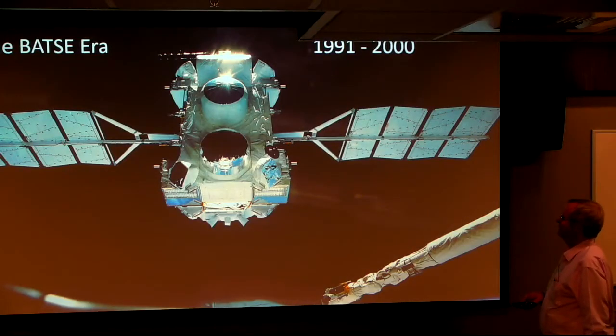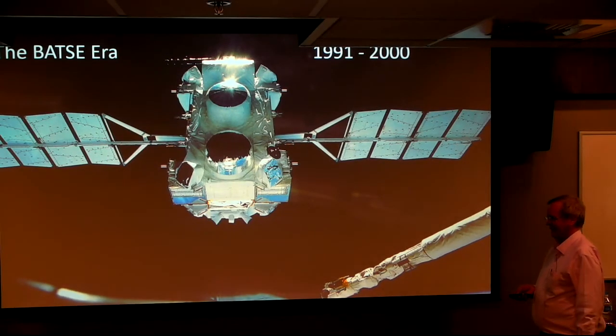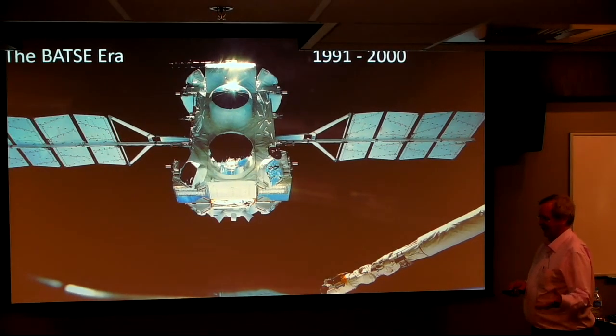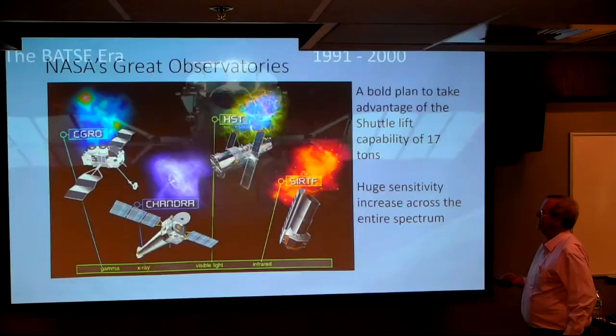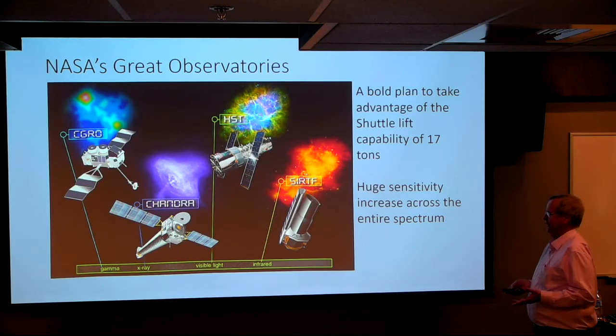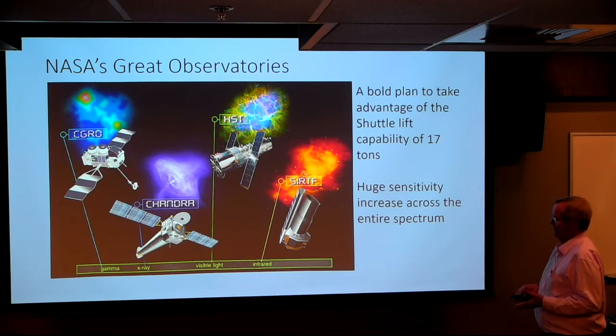So we launched, this is 1991, we finally managed to launch it. We thought it would be much sooner. I mean, I came to Marshall Space Flight Center in 1978, expected within 4 or 5 years to be able to have this experiment launched. But there, of course, the Challenger accident was part of the delay, and just building the experiment was part of the delay. So it was a bold mission by NASA, and thank you to the taxpayers,